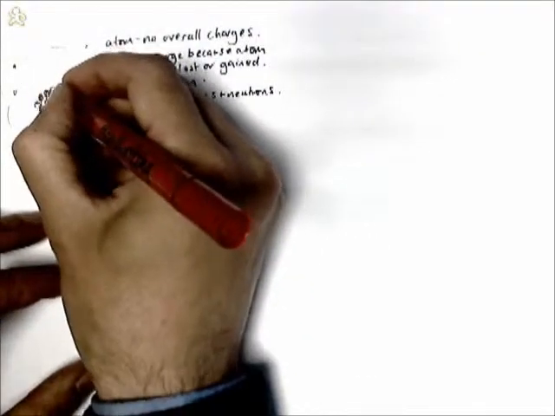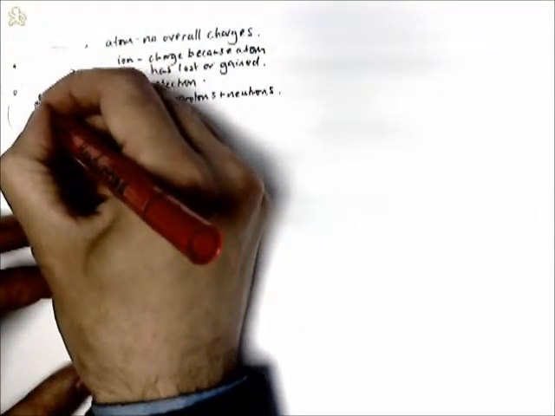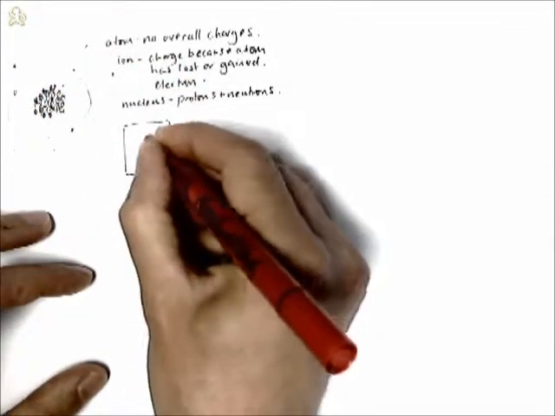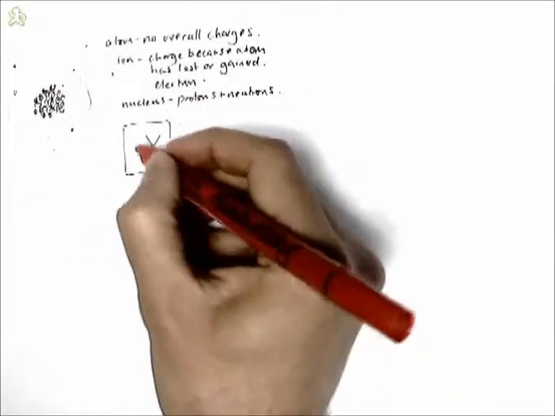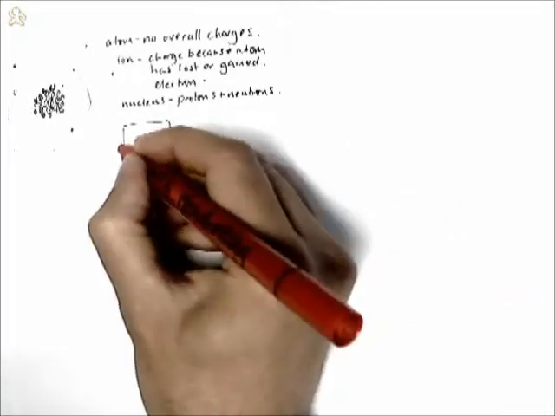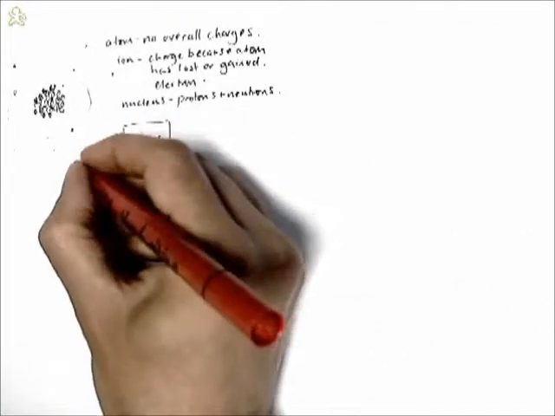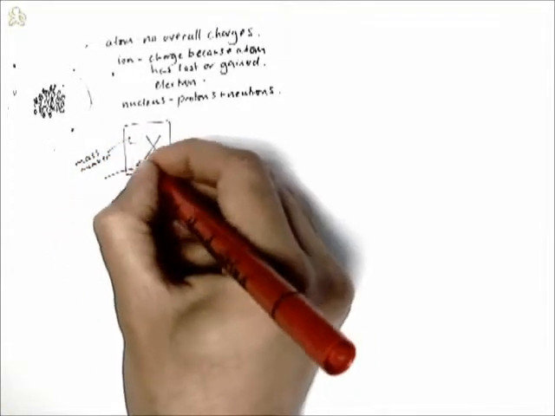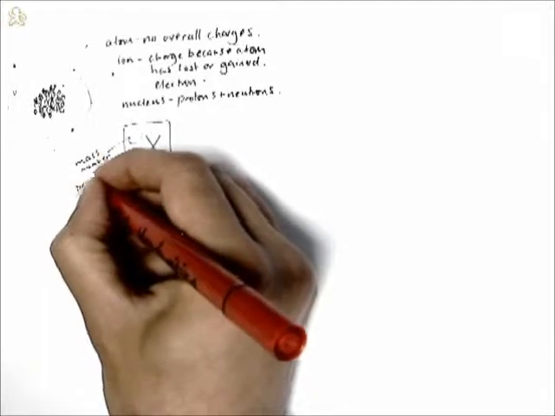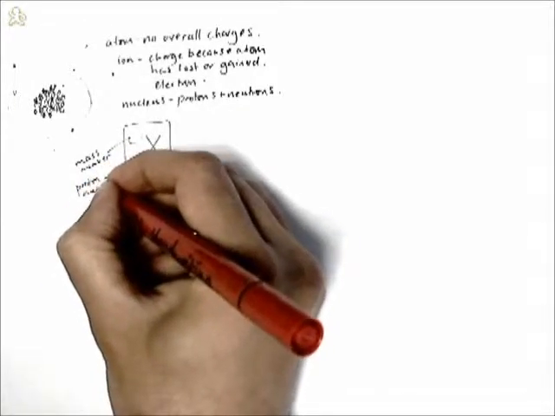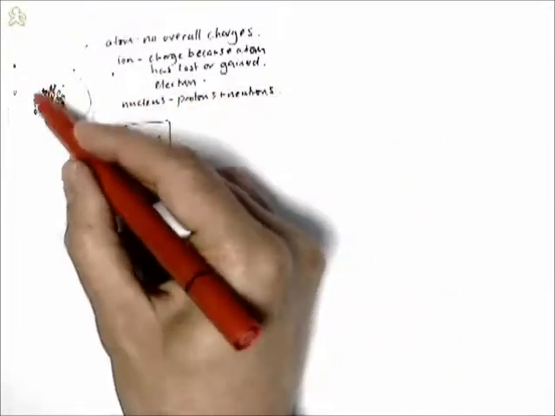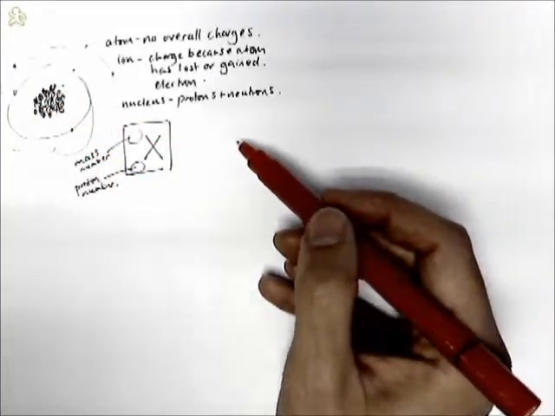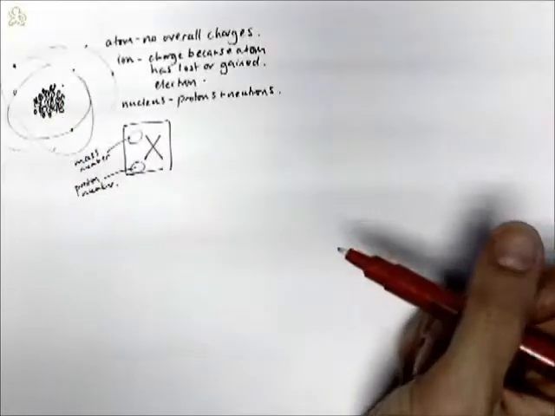And what can happen is if you pick an element, let's pick an element X, mystery element X, and we've got two numbers here in the periodic table that describe it. Now the top number will describe the mass. It's called the mass number of the atom, and this one here is called the proton number or the atomic number. So the mass number is the mass of the atom. That tells us how many particles are in the nucleus, and the proton number is the number of protons in